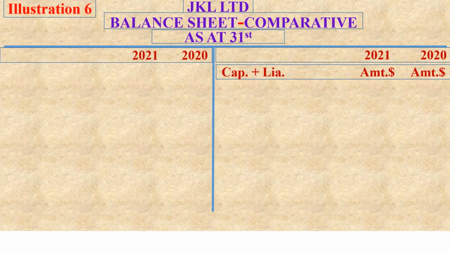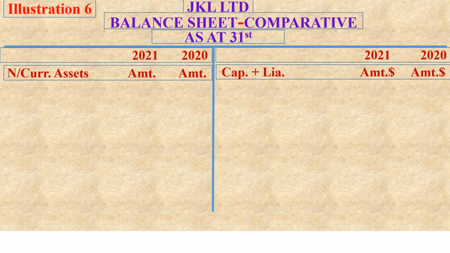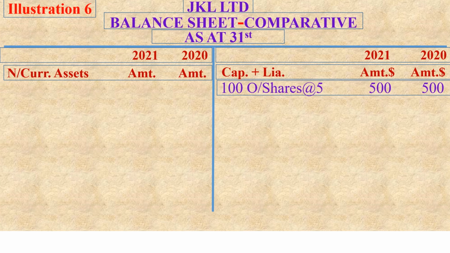For example, you can see that we have got capital plus liability and the amount corresponding to the year 2020 and the year 2021. And again, to do the same on the side of the assets, we are going to non-current assets with amount for 2021 and amount for 2022. So in this case, we started recording the items of long-term sources, which are assumed to be financing the non-current